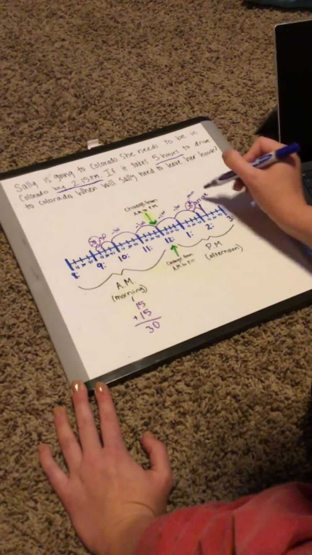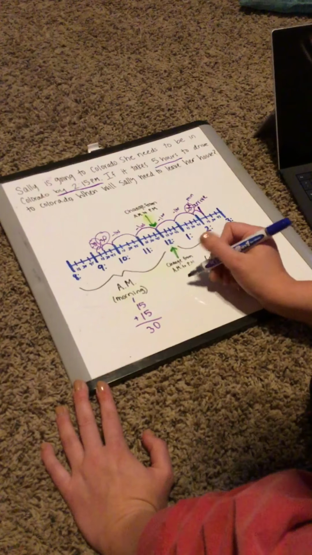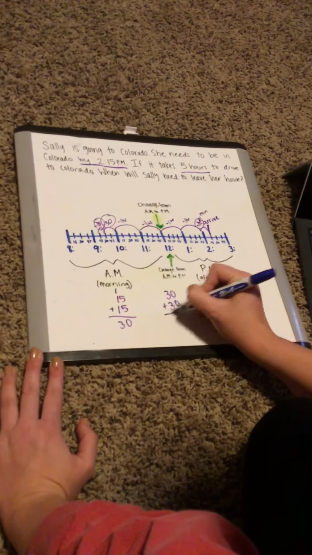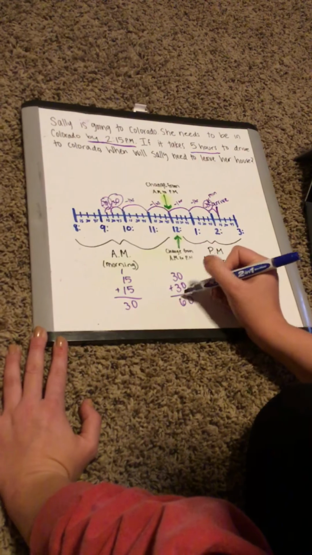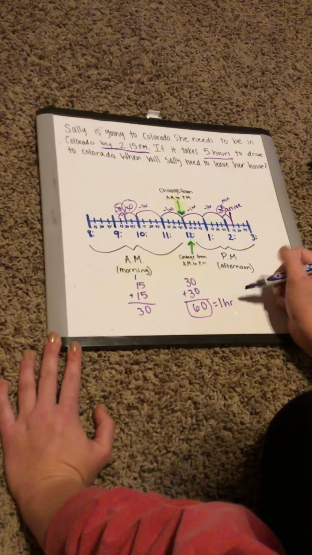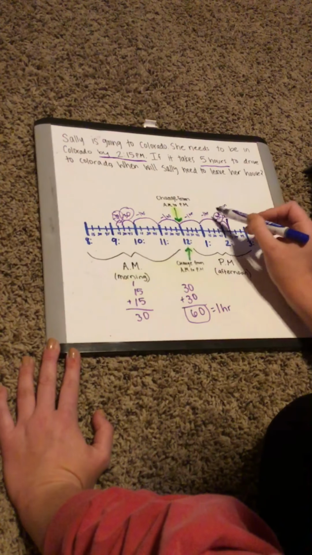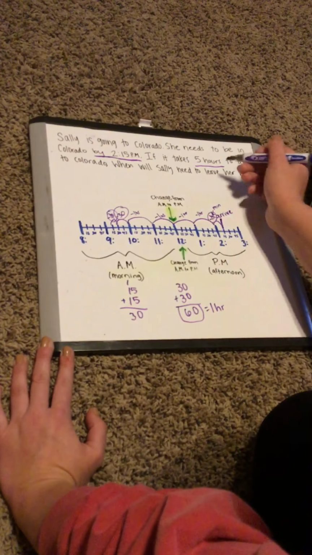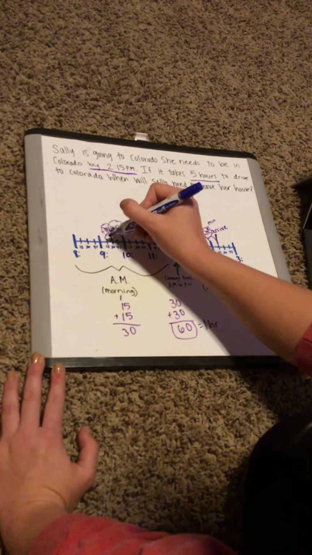So we can get rid of these two. And then we have one more 30. So we're going to add these two 30s together also. Now it's 0, 0, 0. 3 and 3 is 6. That gives us 60 minutes, which gives us 1 hour. So now we can just take these. We have 1, 2, 3, 4, and then all these minutes added up to an hour. That leaves us with 5 hours, which gives us our initial time that we needed to leave, which is